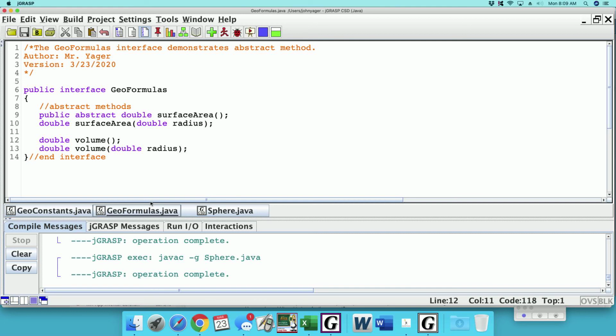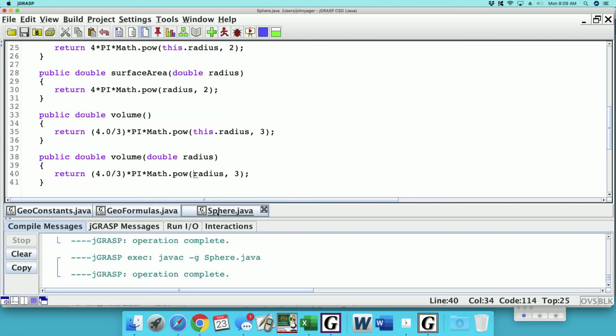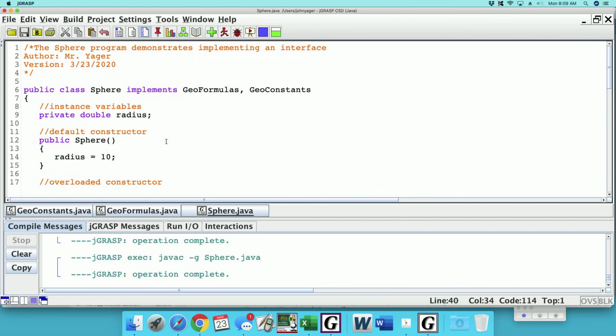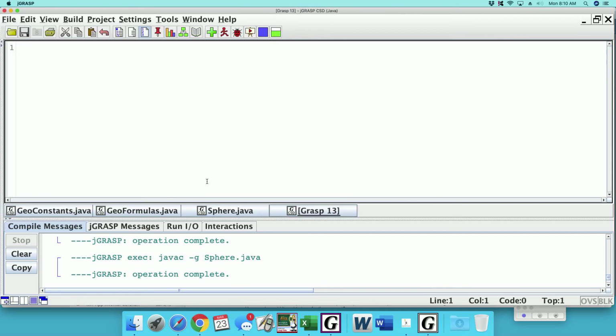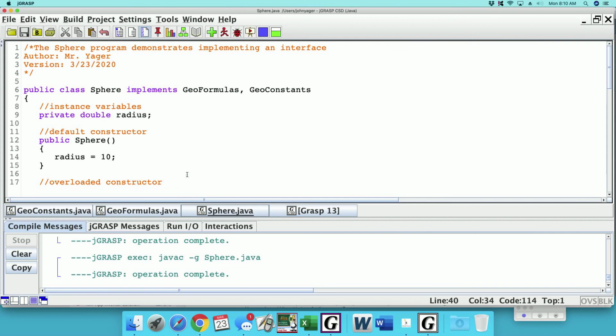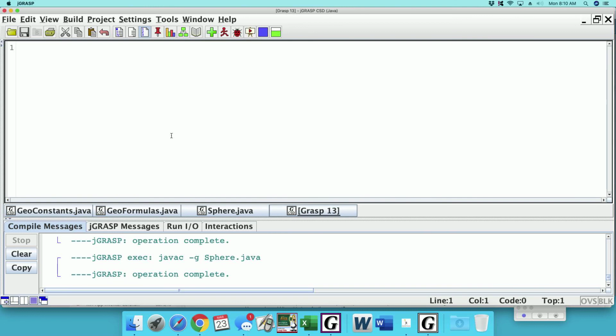Now what we're going to do is we're going to make a program called square. Instead of sphere, we're going to make a program called square. So I'm going to do a lot of code reuse for the sake of time, because I don't want this video to be too long, and because you can always stop and go back and watch, freeze it, type it out. All right. So File, New, Java. I'm going to go to Sphere. I'm going to do Control A, Control C. I'm going to go over here, Control V,